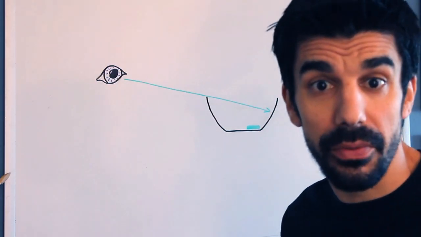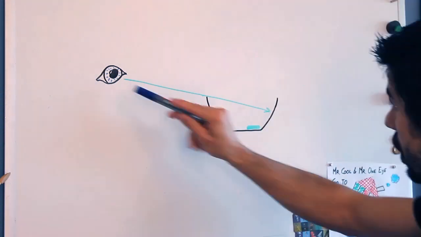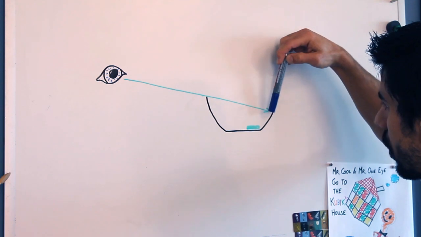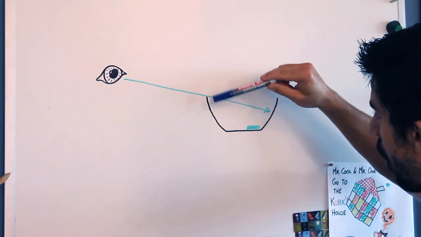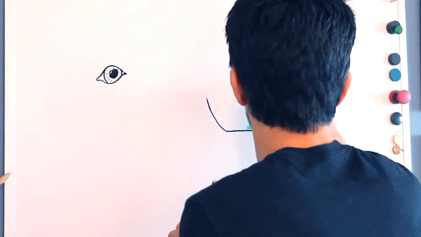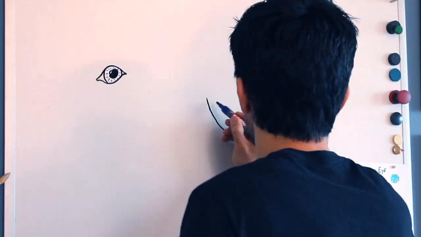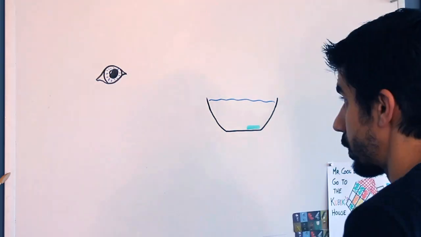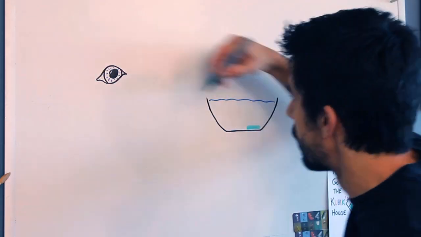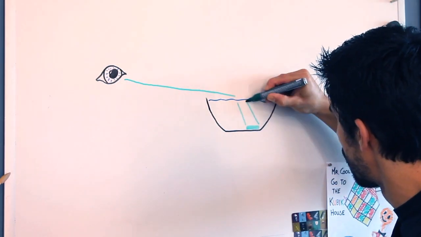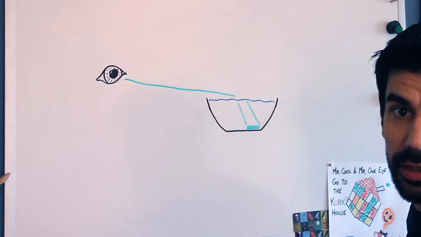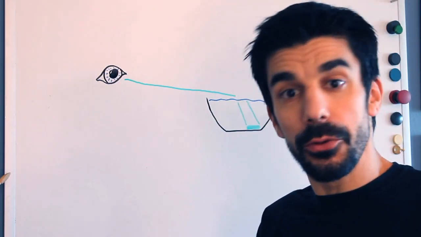Well, it's not that much of a mystery. Let me explain it to you. When the bowl is empty and our coin is in there, we cannot see the coin. Our vision is blocked by this side of the bowl. Because the water bends the light, then we can see the projection of the coin right in here. So water causes the light to slow down,